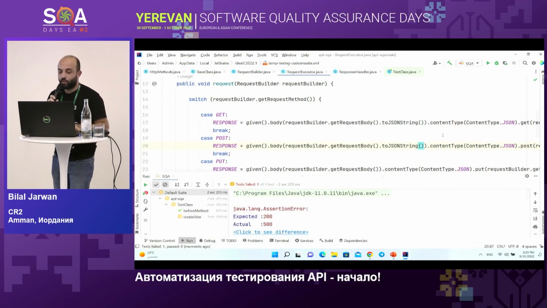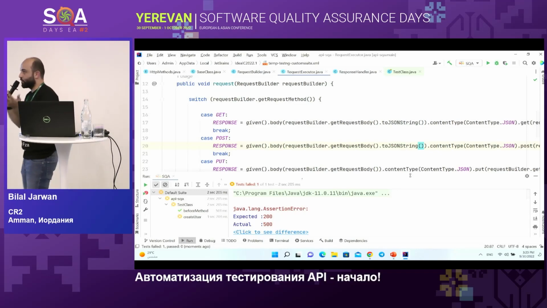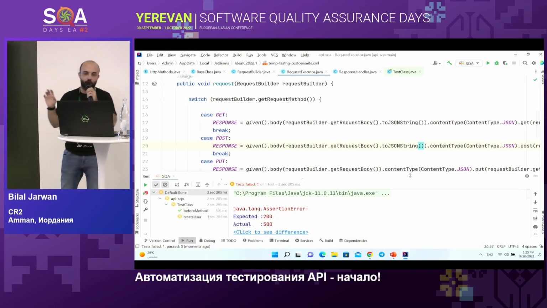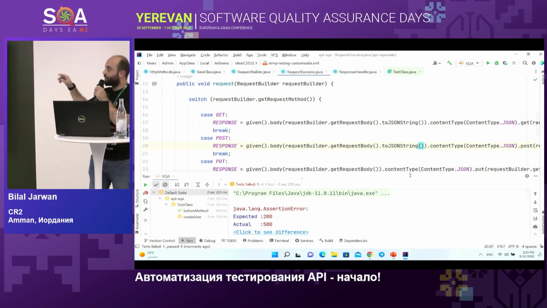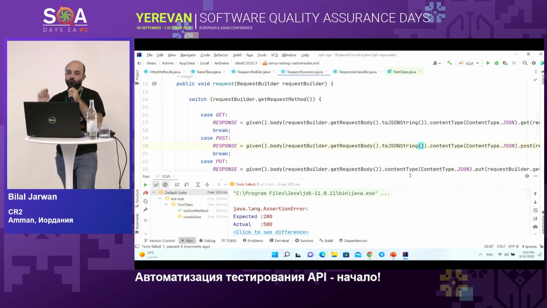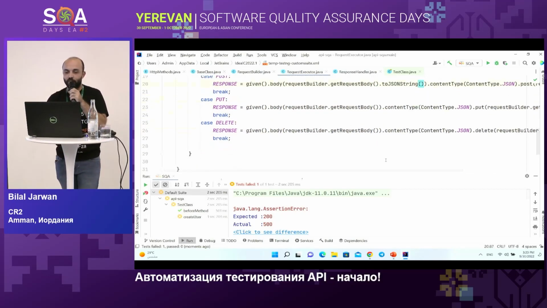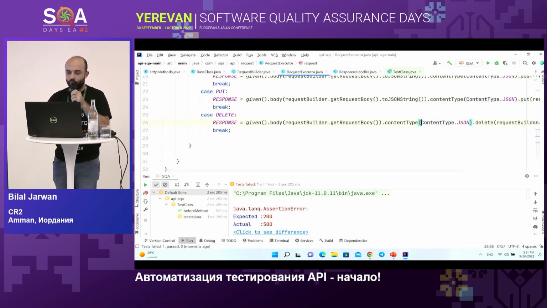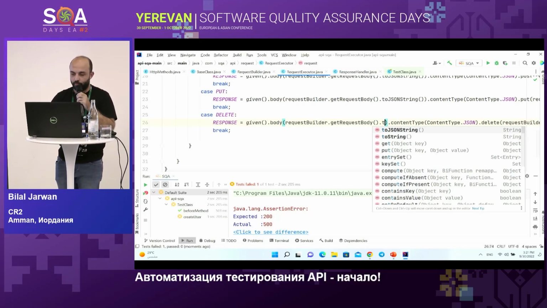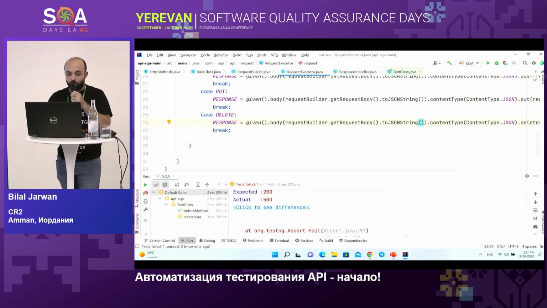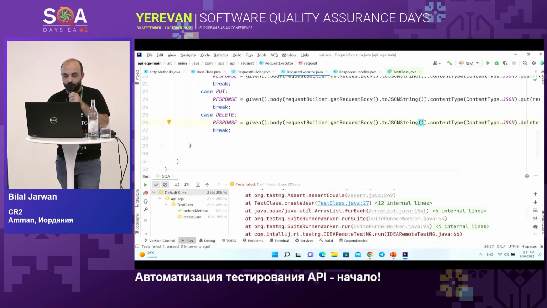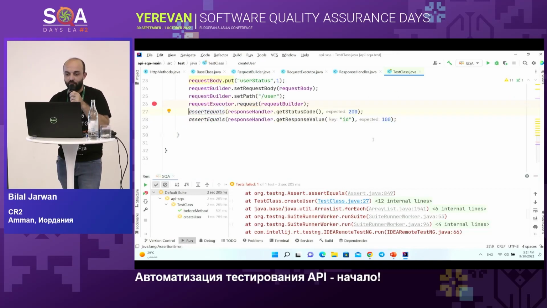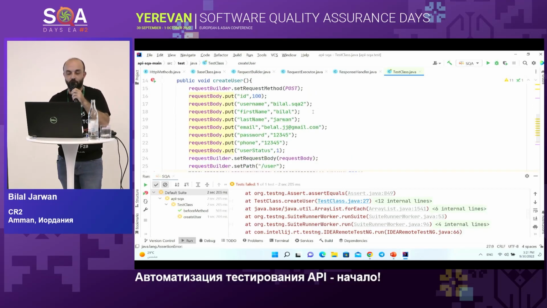Yeah, okay. So now it failed because the response code is 500, and we will check why. The problem was related to the request body. We should convert the request body to a JSON string. So we just need to say dot to JSON string. And here we need to check what we have in the response. Why is it 500? It returned 500. We need to recheck what data we sent. What we have here, it's actually